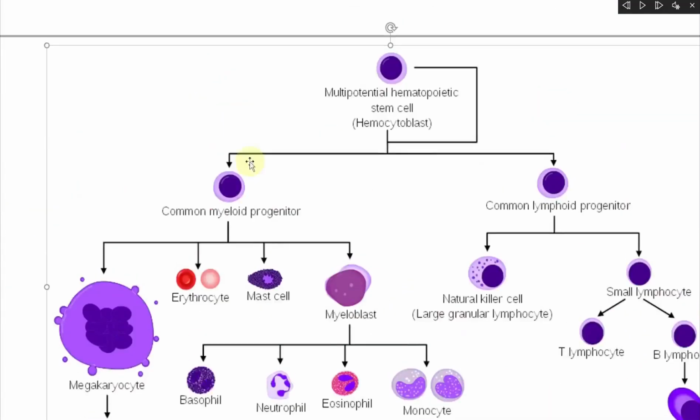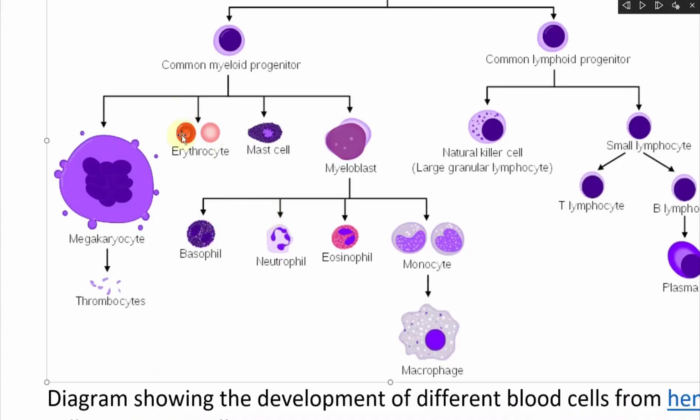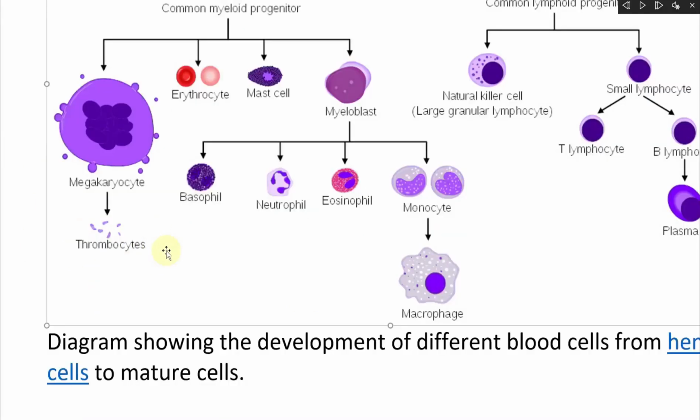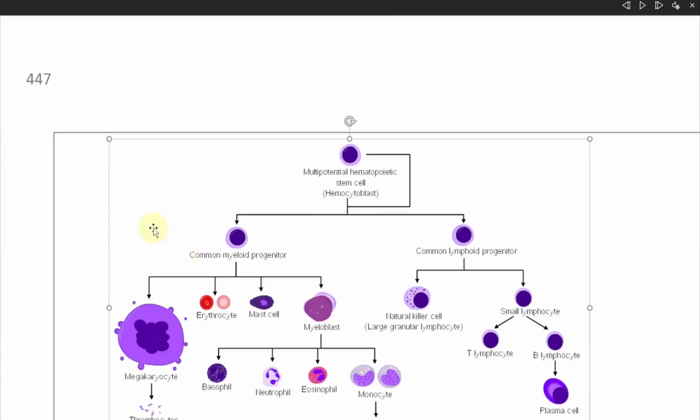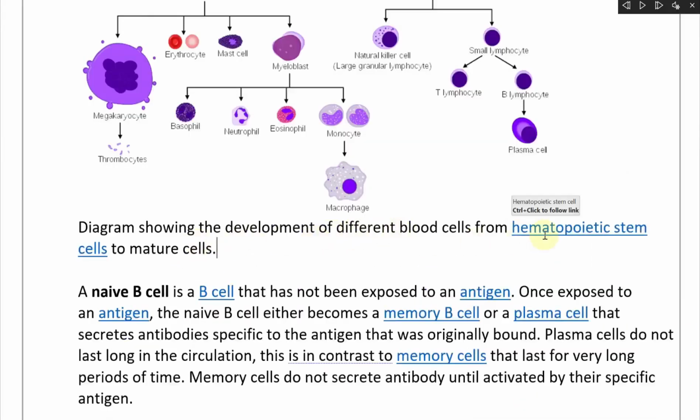And so now if you go back to this common myeloid progenitor cell, you get these red blood cells there. So this is the erythrocyte. So the red blood cells are over there. And you also can get a mast cell, a myoblast, or a myeloblast. Then this can form a basophil or neutrophil, an eosinophil, and monocyte. And there's a macrophage. And then over here is a megakaryocyte. And there's thrombocytes over there. So yes, you can get this supergiant one. It goes over here. So this is a diagram showing the development of different blood cells from hematopoietic stem cells